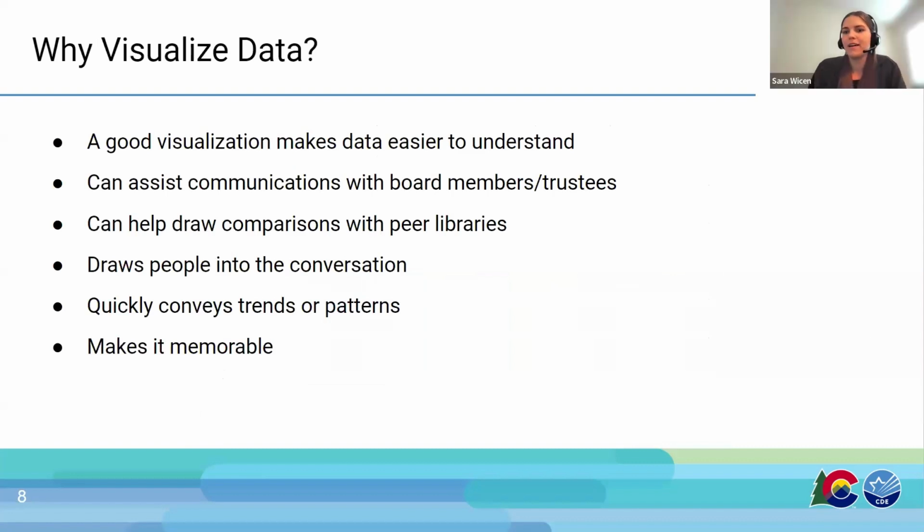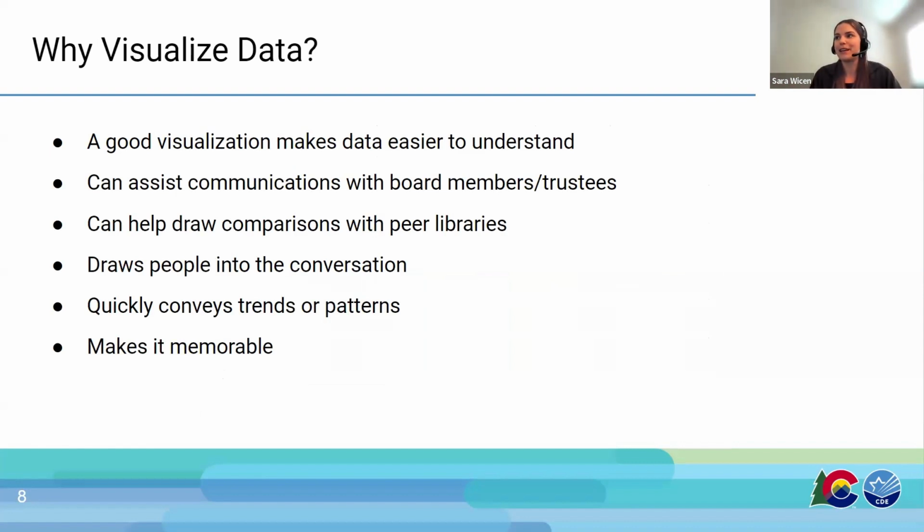Thanks, Dana. It's fun to look at those misleading or problematic visualizations and try to pick them apart. At least for me, I find that fun. But I wanted to back up first, even further than cleaning data, to why we visualize data in the first place, to frame the importance of what we're talking about here.